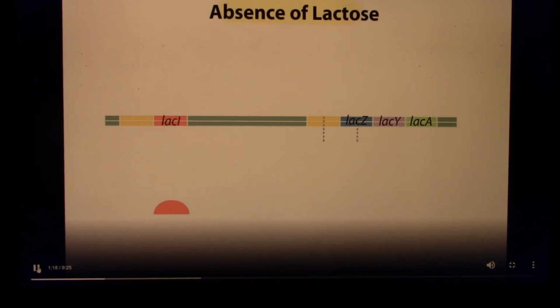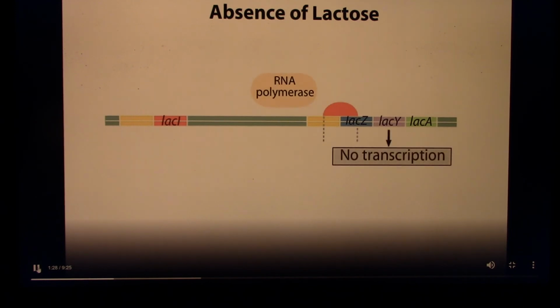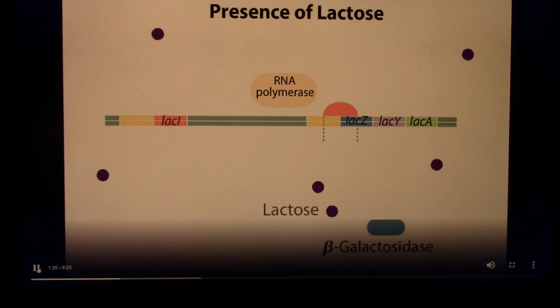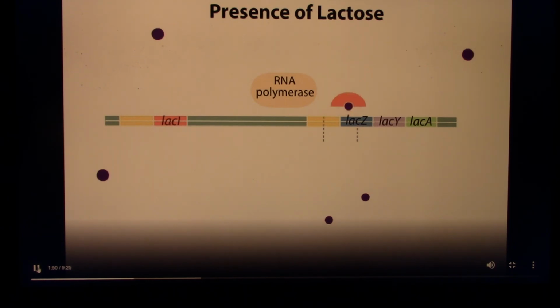Active repressor proteins are encoded by the regulator gene. In the absence of lactose, these repressors bind to the operator and prevent RNA polymerase from initiating transcription. When lactose is present, it is readily converted into allolactose, which may then come in contact with the repressor protein. Allolactose binds to the repressor protein and causes a conformational change that prevents the repressor from binding to the operator